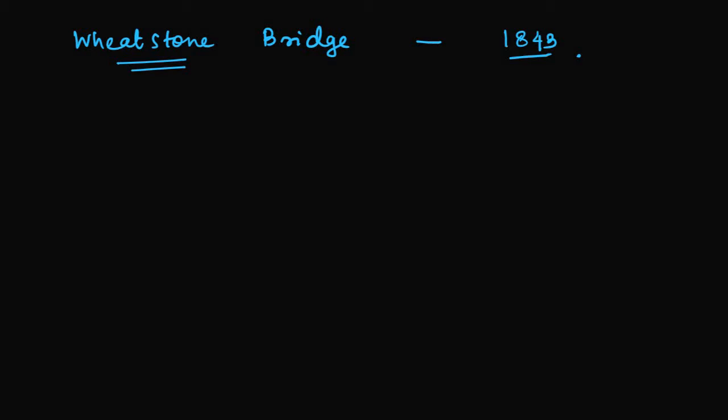Here it is a kind of arrangement of resistances, three known and one unknown. So we need to find the unknown resistance by arranging it in a certain way, so that whenever there is an imbalance, we can know where it is, and then we can find out how the unknown resistance can be derived from these three known resistances.